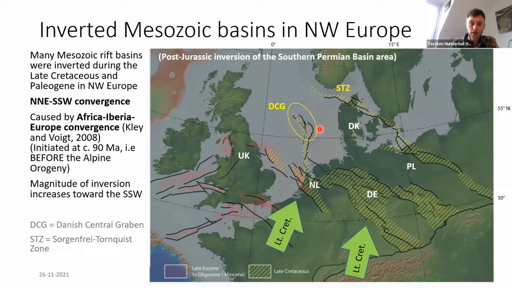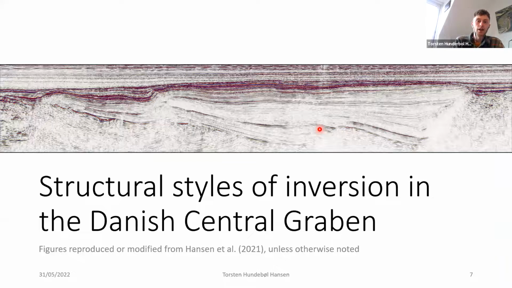and those are great if you want to date specifically the timing of inversion phases, which was done in the Danish Central Graben around 20-30 years ago, even more. And actually since then, before we came along, no one had really done dedicated studies on basin inversion in this area. And that leads me on to the material from my first paper from last year,